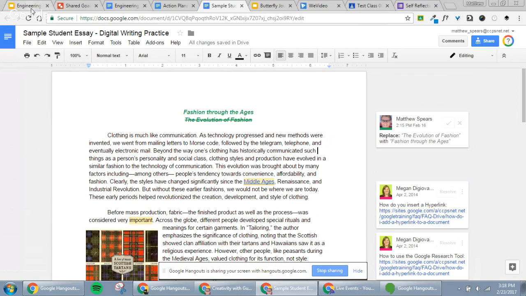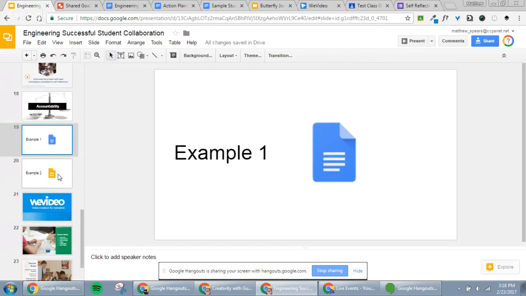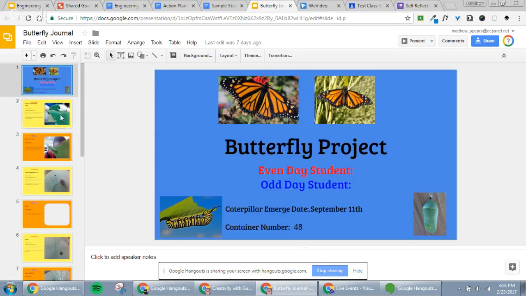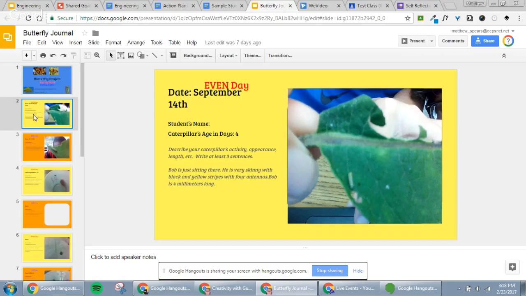The next example has to do with crossing barriers from an odd schedule to an even schedule. So this is an example of kids that needed to collect data, both qualitative and quantitative, over the course of weeks, and they never met face to face. So what we engineered here was a shared slide deck where the kids on the even day